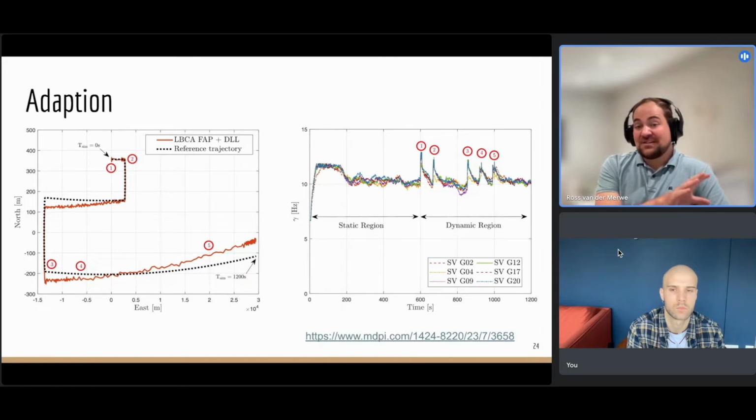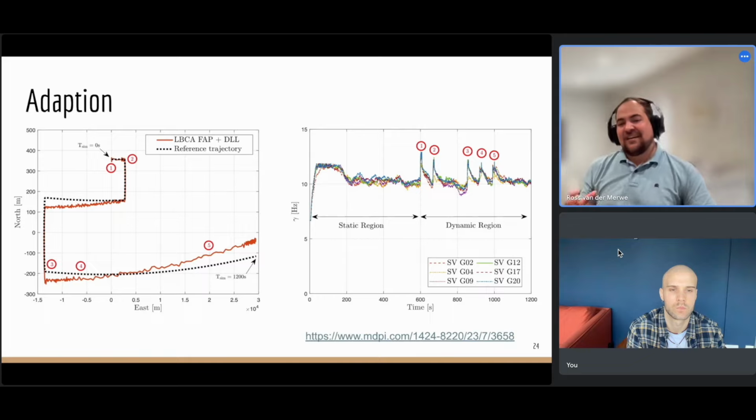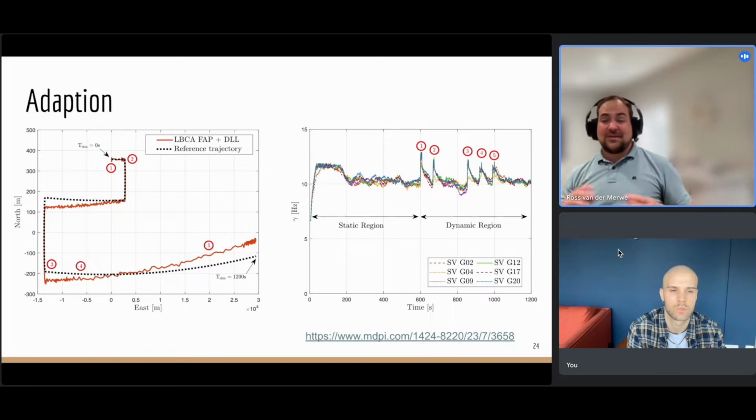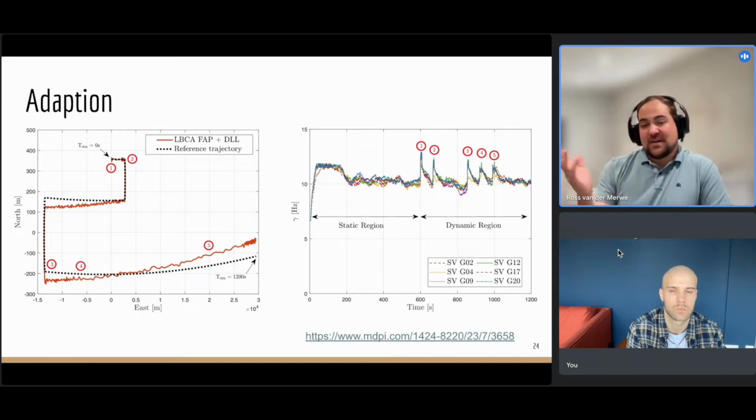So he's currently working on concepts like this using some reinforcement learning. And this is really exciting because now you can actually start saying, I have an all-purpose receiver that kind of knows, am I standing still? Am I running around? Am I in a race car? Am I in a rocket? And it figures out what to do, applies the best model, applies the best weighting, and goes on from there. And this high-level decision-making is just making receivers more general purpose than what they would have been before.